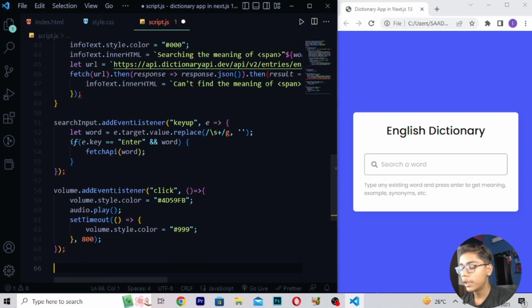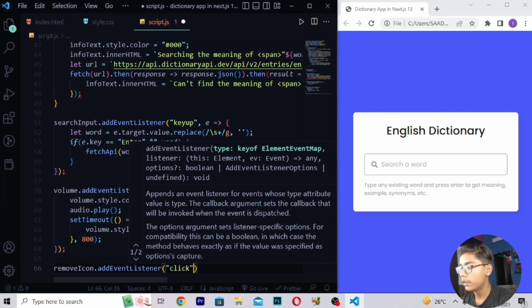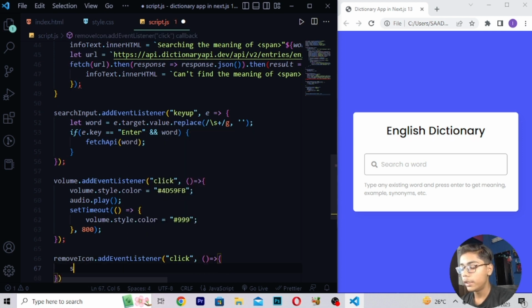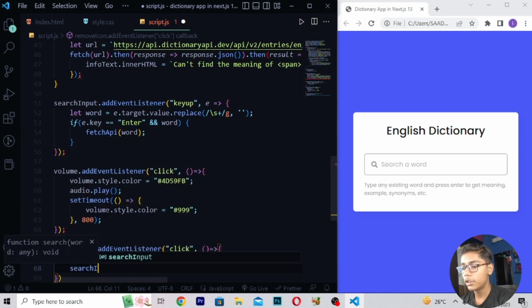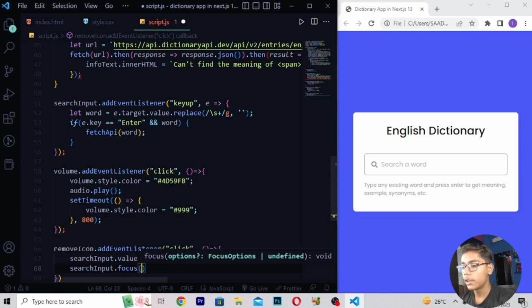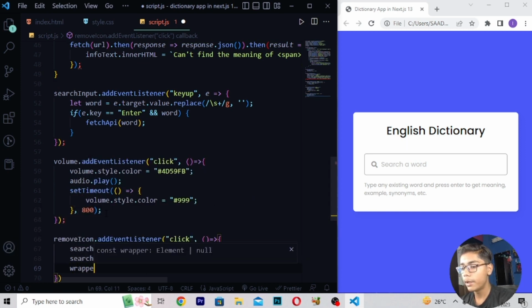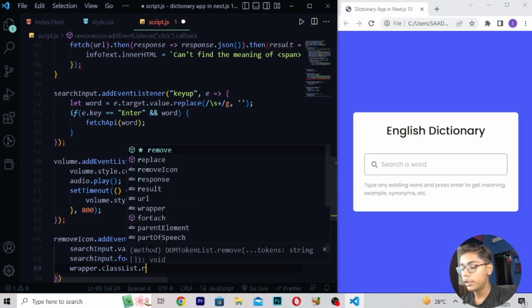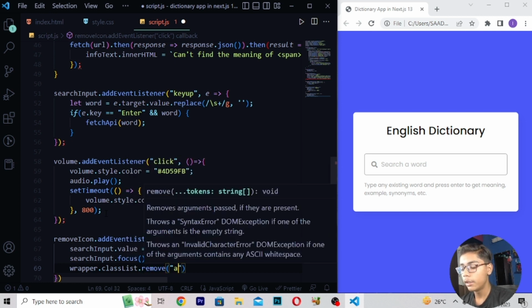Then move down to removeIcon.addEventListener, write click, then comma, and a function: searchInput.value equals empty. Then searchInput.focus, then wrapper.classList.remove, and I'll write active.